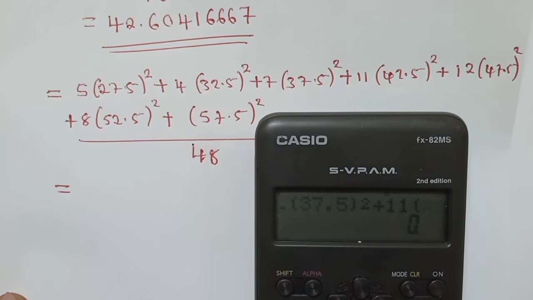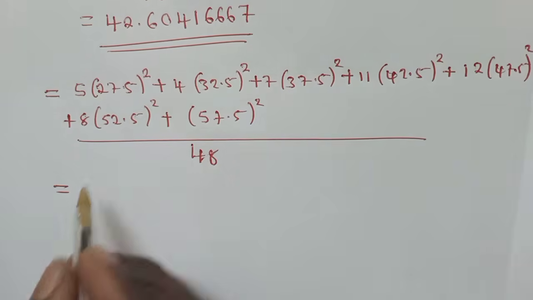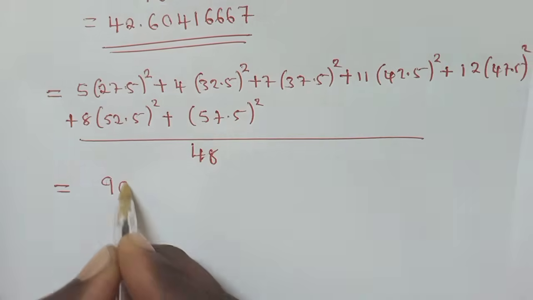The way it looks is what it's supposed to be. Just keep on copying like that. I'm just copying everything. Don't forget the power 2. Everything that you're able to see is what you must put. So now after punching on my calculator, I'm getting this